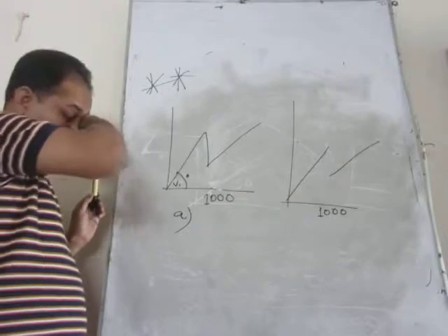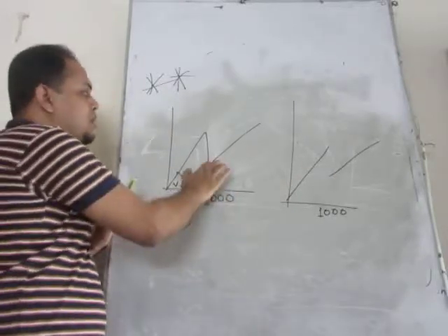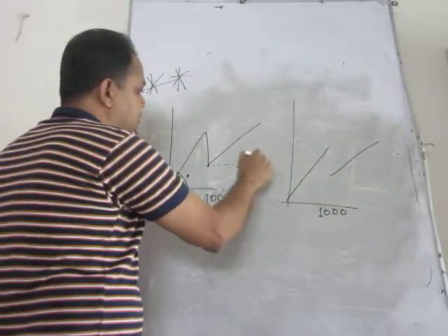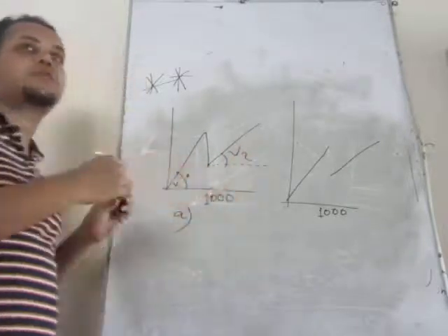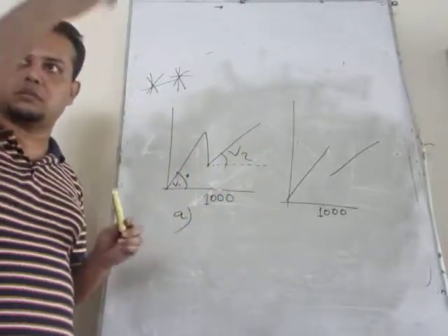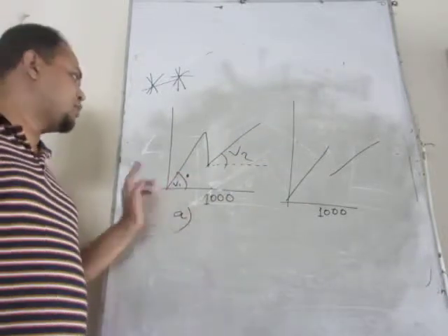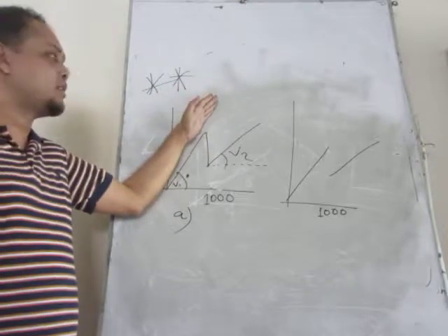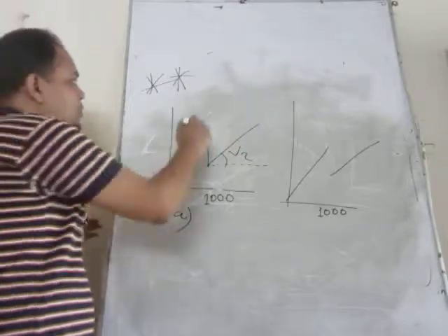As you go beyond 1000, then another variable cost V2 will be charged for extra unit beyond 1000. Suppose initial is from the slope, this is slope, another is slope, নিচে না? সো এখানে অবশ্যই